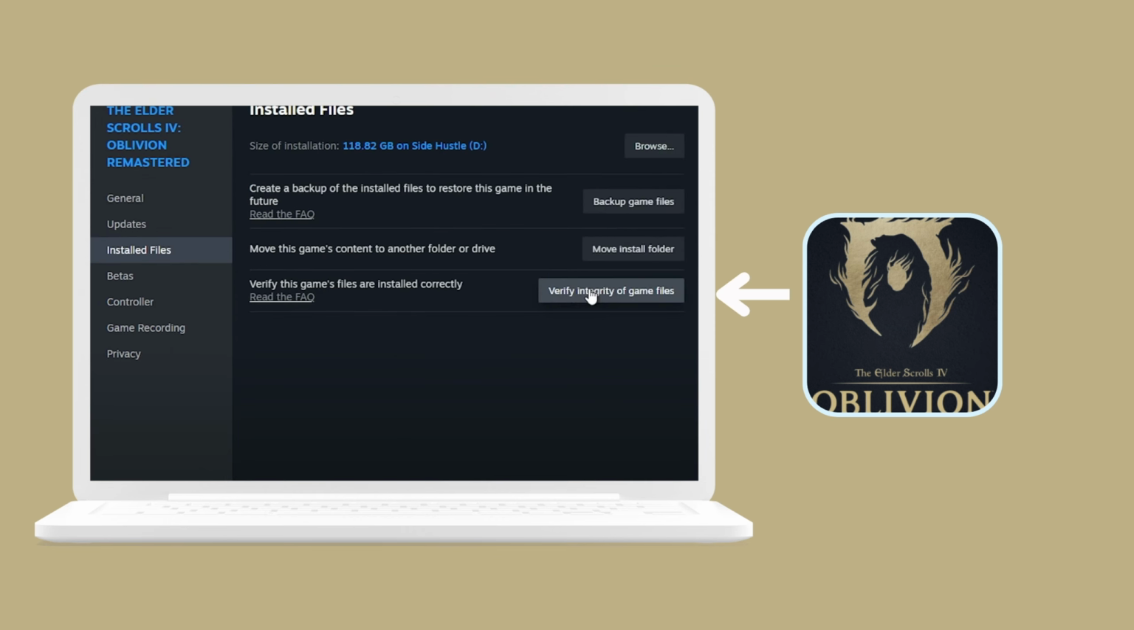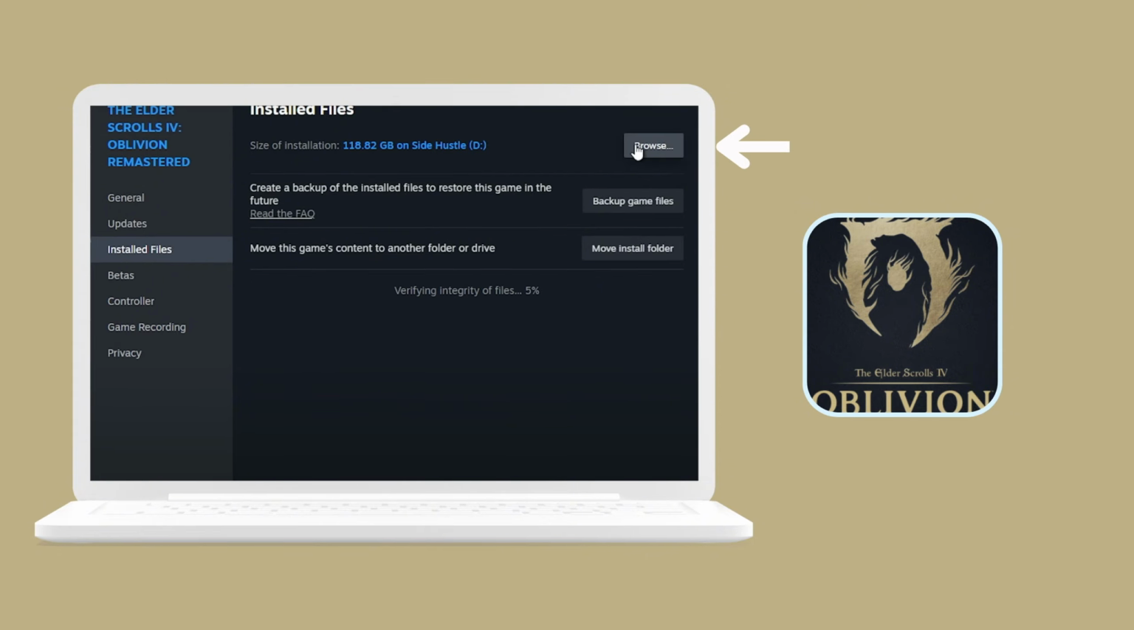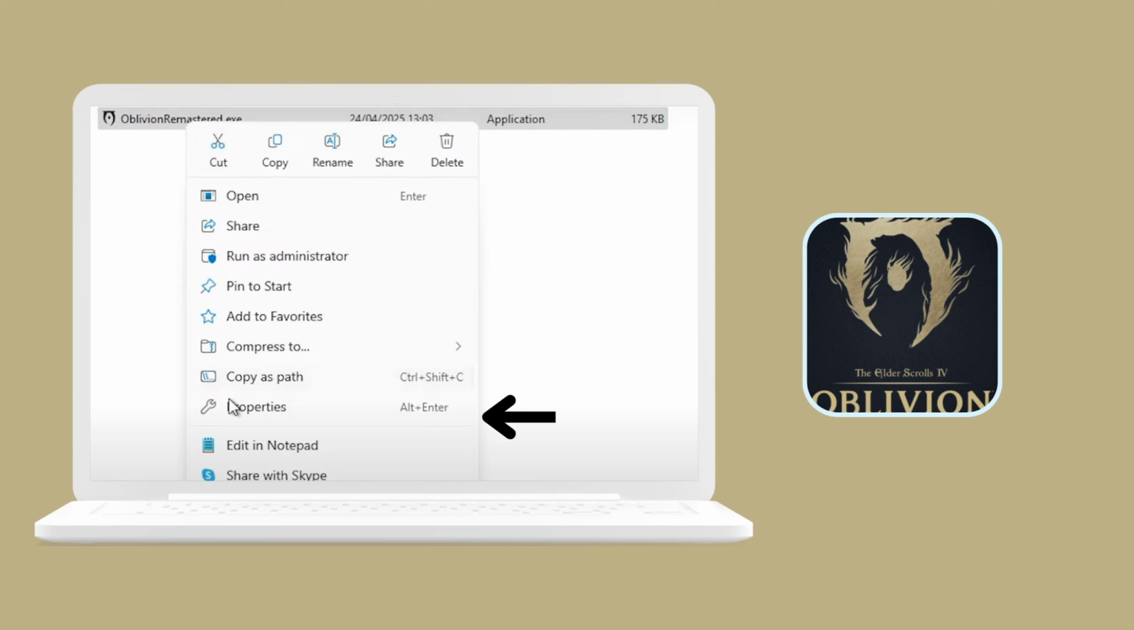Then, go to the installed files section, and under that, you will see the verify this game's files are installed correctly. Click on the button which is the verify integrity of the game files. Once you click on that, click the browse button, and once you click on the browse button, just simply go to the downloader or the exe version of your Oblivion Remastered and right click that one and click on the